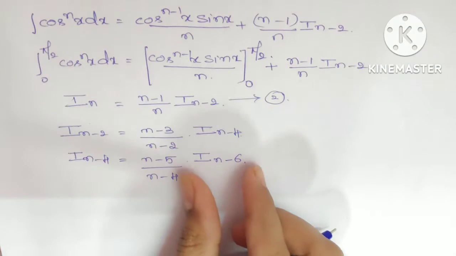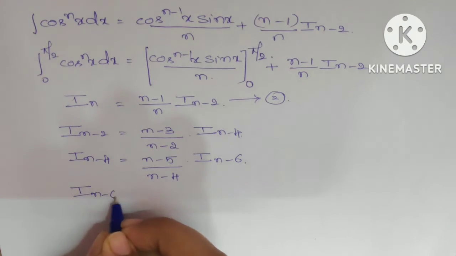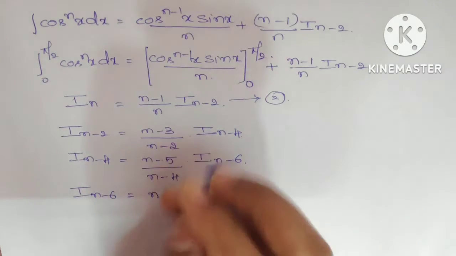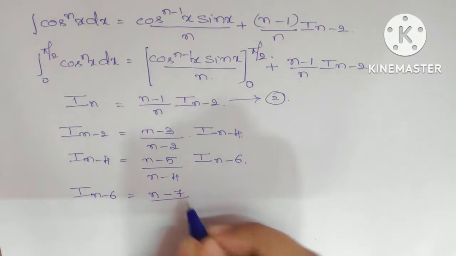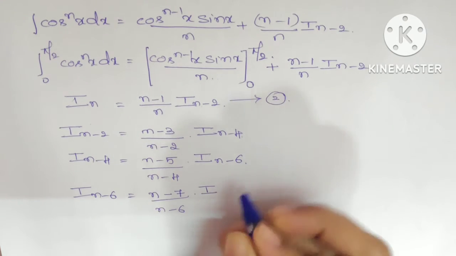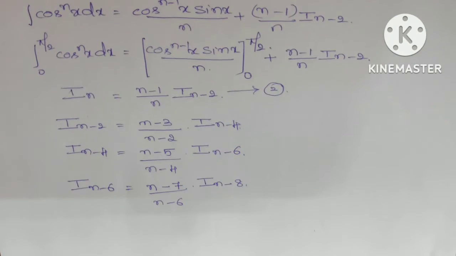Now we have to find out I_(n-6). Replace n by n-6. We get (n-6)-1 is (n-7) divided by (n-6) into I_(n-8). So proceeding